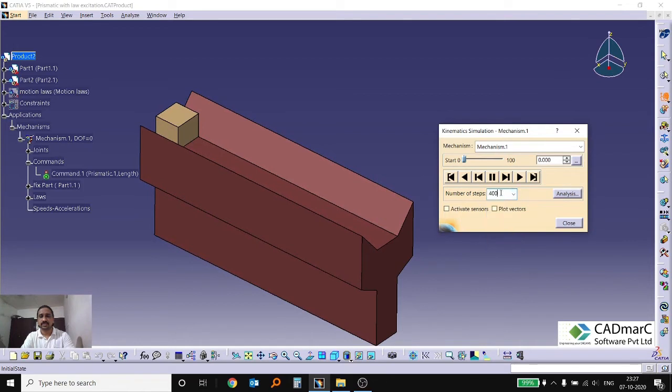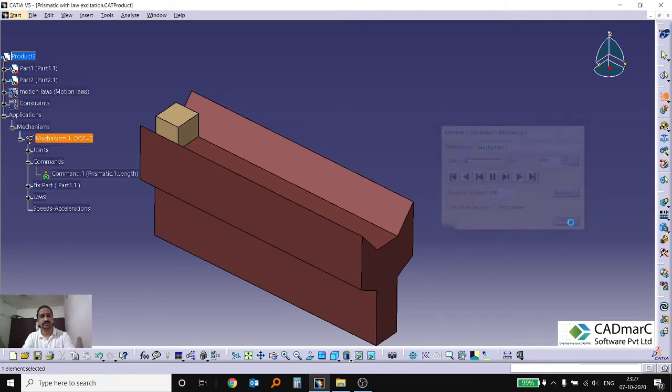If we change this value to a bigger value, we can see it clearly. It is coming, then slowing because the slope is straight, so it will stop. Then again it is going with a little speed. The slope is higher. So like that, we can control. It depends on how many portions you are creating in the sketch. Accordingly, we will get the different speed. So this is how we can create a mechanism with a different speed.